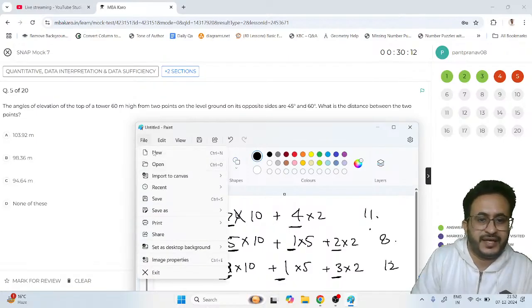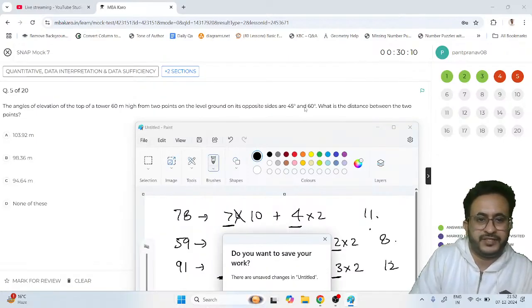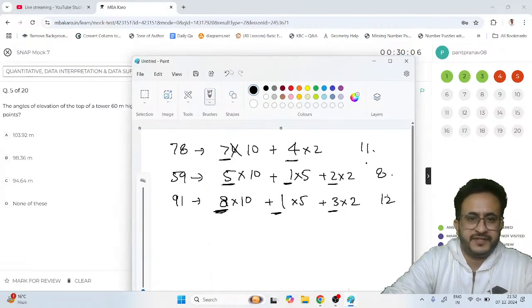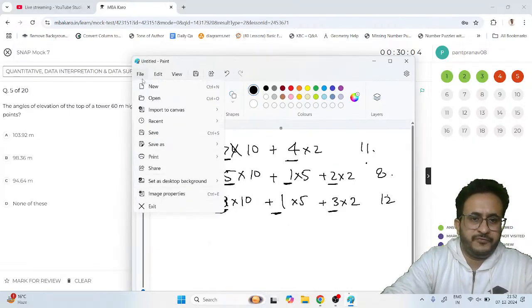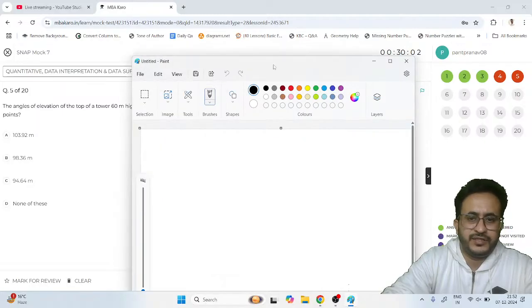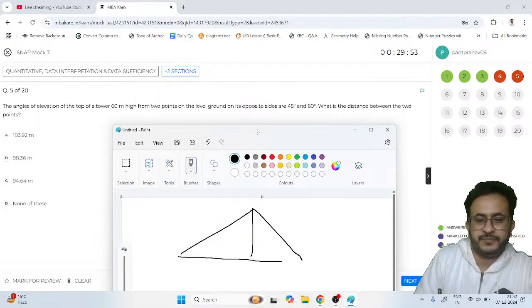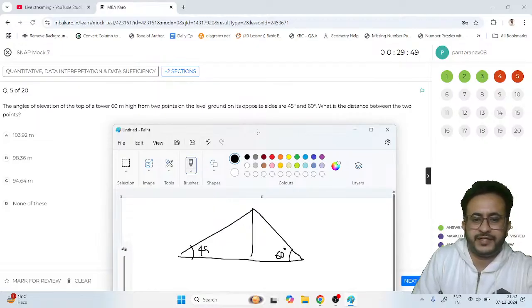Next question is saying angle of elevation of a tower which is 60 meter high from two different points is 45 and 60. Now, if you attempt a few questions on heights and distances, you will feel like they look similar. Okay, so there is 60-meter high tower, and from two sides it is 45 and 60. So, ये typical diagram होगा. So this is 60 degree and one is 45 degrees. We need to find the distance between the 2 points.